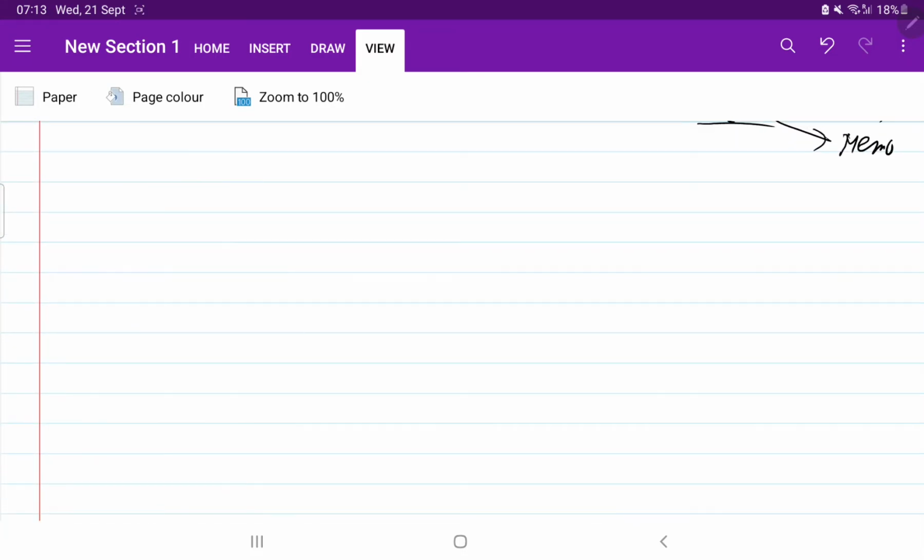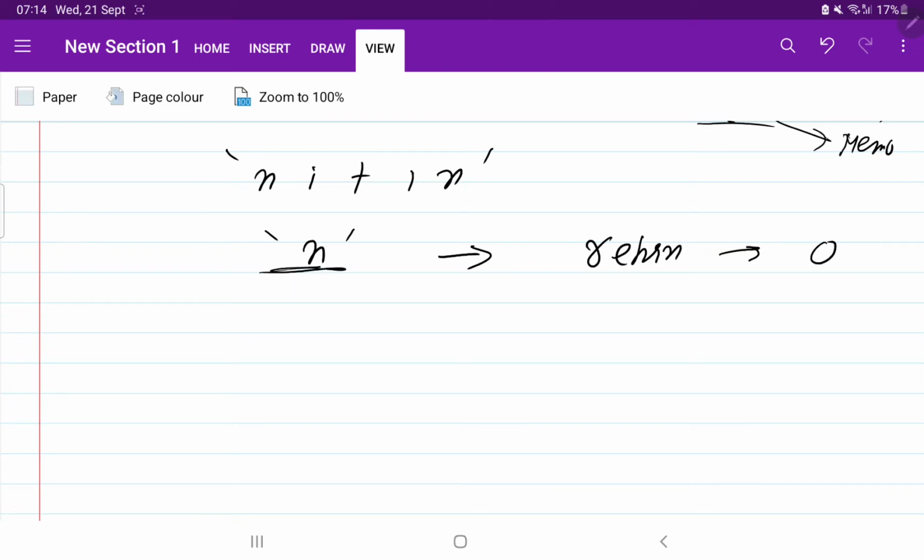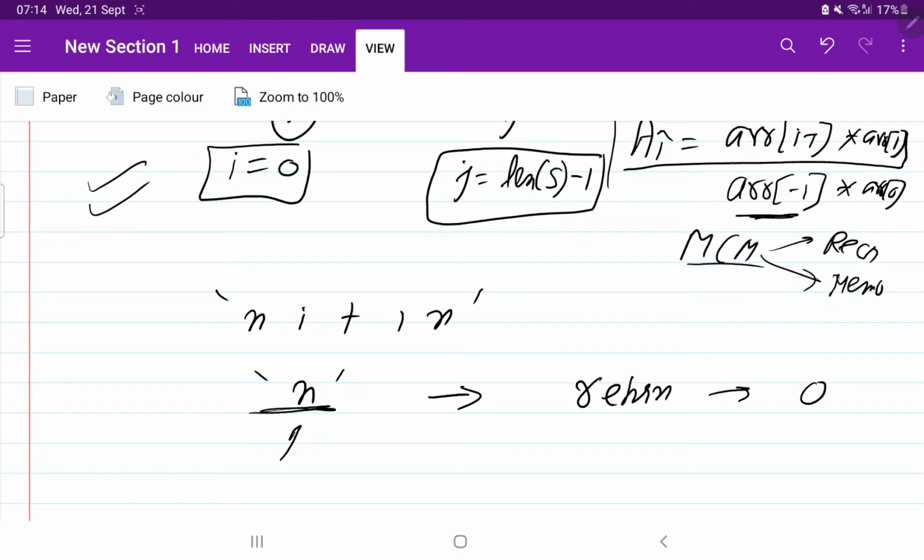Now for the base condition, what we have to do is think of the smallest valid input or invalid input. So suppose the string has one element, n. How many partitions are required? You are going to say that if the string has one element, then no partition is required, because it is already a palindrome. It means we are going to return 0. If the string has one element, the starting point and ending point are both the same. It means if I is equal to j, then we need to return 0.